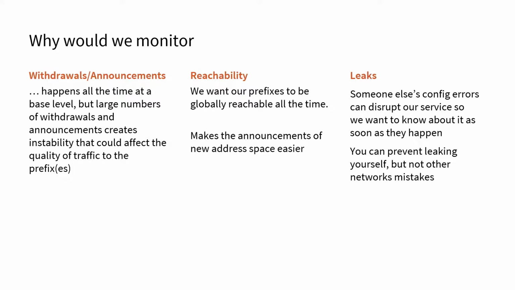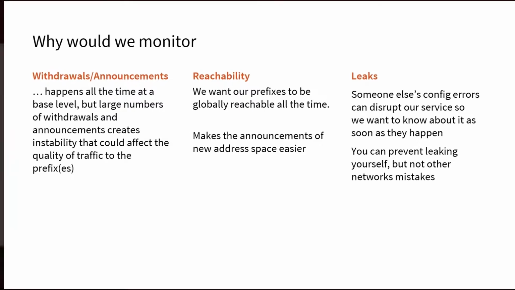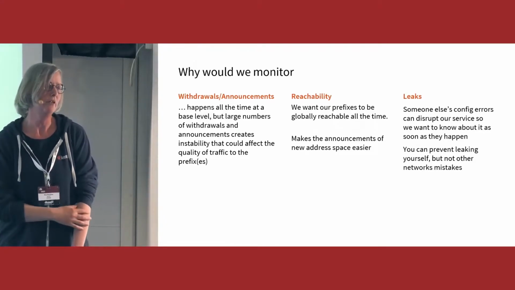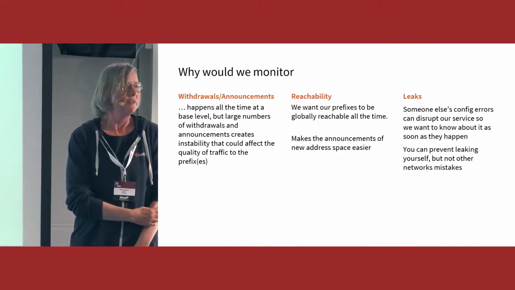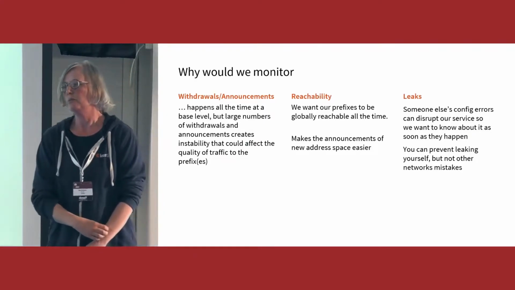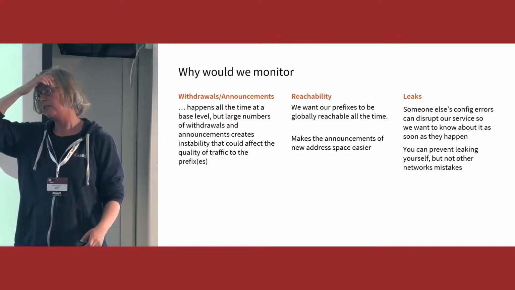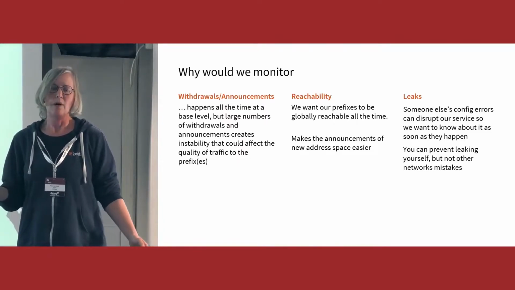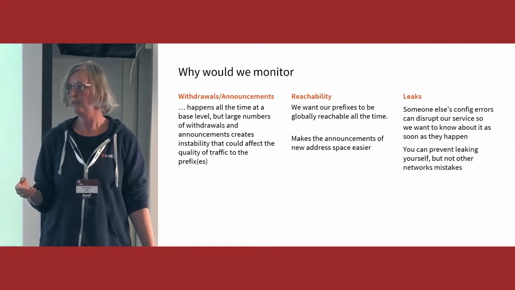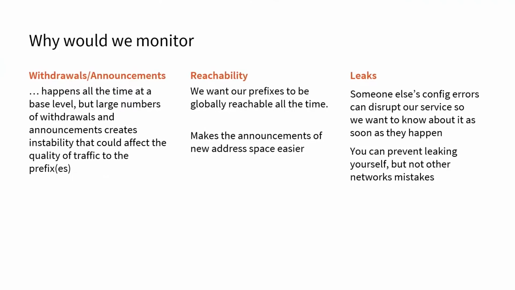The last thing on this slide is leaks. Leaks are fun, right? And we can always do something about it because I am not making mistakes in my policies. So the most important place to look for leaks is inside my network, and when I bring up a session with a new peer or with a new transit. But the thing is, leaks are really difficult to protect yourself from. So you want to know if your addresses are somehow involved in a leak. And why can that have really big consequences? That somebody in, say, India is leaking all of their address space to their provider? Do we really care about that? Well, we do, because